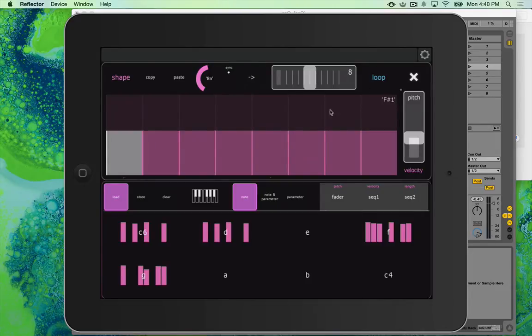So just to recap, seq1 is the sequencer that is the color of the group. So this group is pink, so seq1 is the pink sequencer. seq2 is the yellow sequencer, which is the secondary sequencer, depending on how you're using it. And obviously the fader is the fader. The fader you can double tap and it will record your movements. So I double tap and you see the little red light on the recorder. And then it will replicate that. And you can save that movement too. So if I saved it now